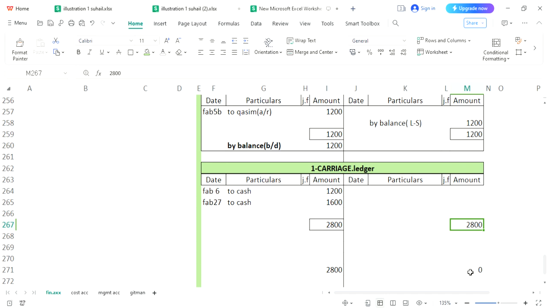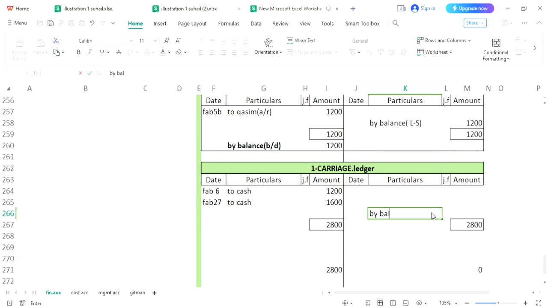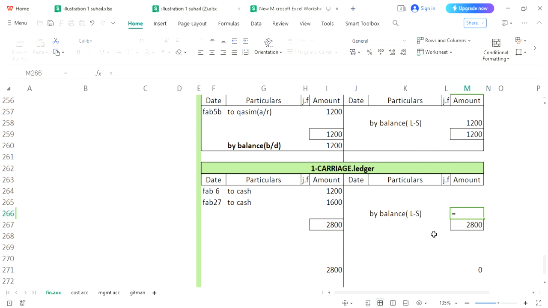Now the next step is to choose the smaller side, which is over here. 0 is the total of the credit side. We will choose this side to calculate our balance. But which balance are we going to calculate? It is the initial balance, and by subtracting the smaller sum from the larger sum, the amount of balance will be calculated. On the calculator we will write the larger sum first and then subtract the smaller sum. Here you can see the larger sum is 2800. Put 2800 first and subtract the smaller total, which is 0. This way you have